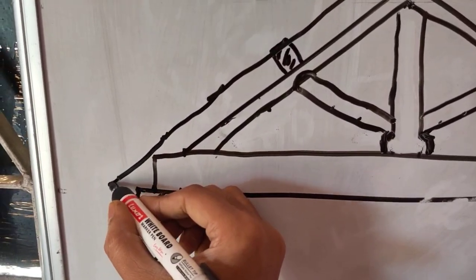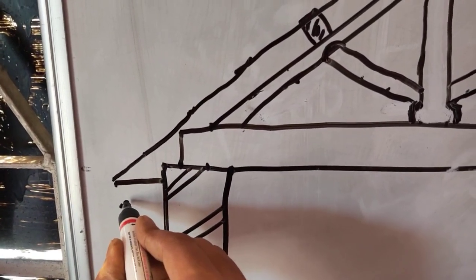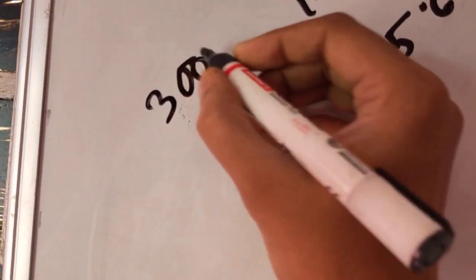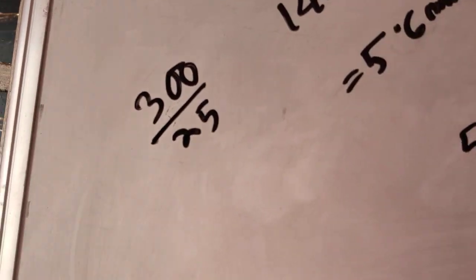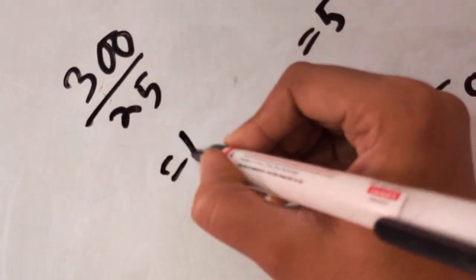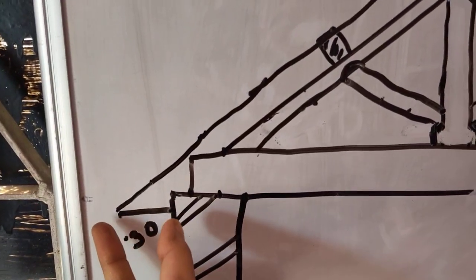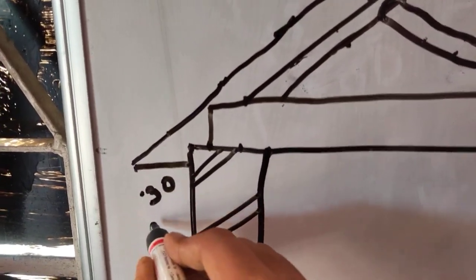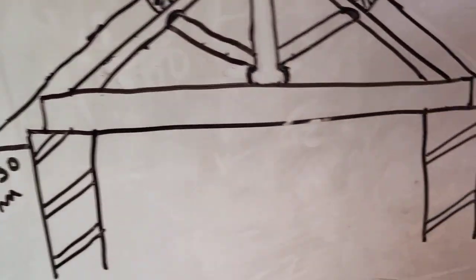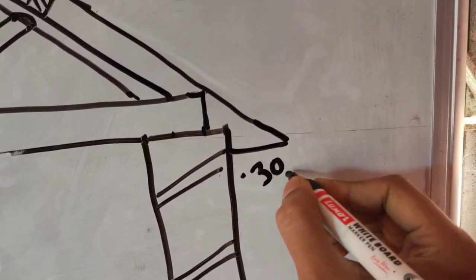Okay, so let us give the thickness. You extend this line up to a point of 30 centimeter. That means 0.3 meter. 30 centimeter is going to be 300 millimeter divided by 25. That is your 12 millimeter. So this is 12 millimeter in drawing, but actual it is 0.3 meter or 30 centimeter. Okay, so this side also you extend it up to this point where this is 30 centimeter or 0.3 meter.